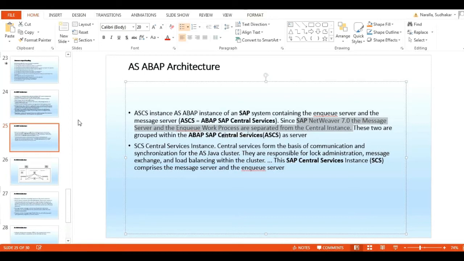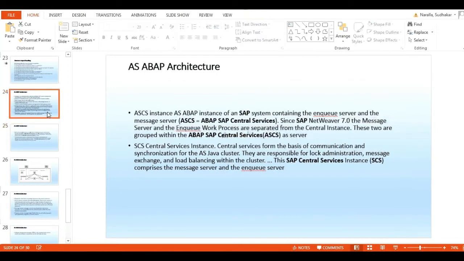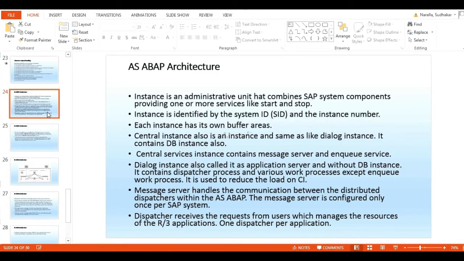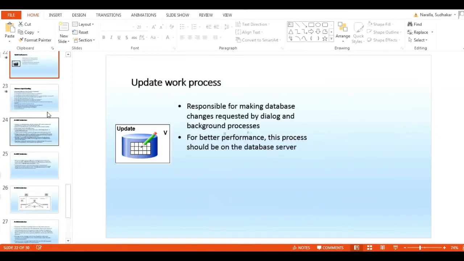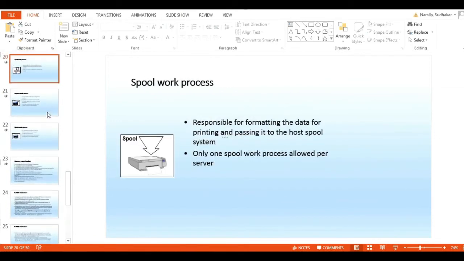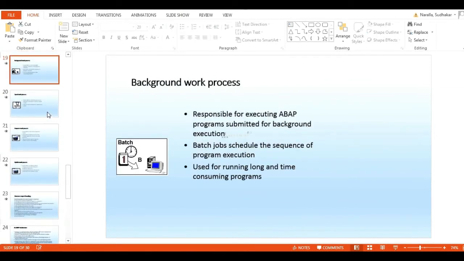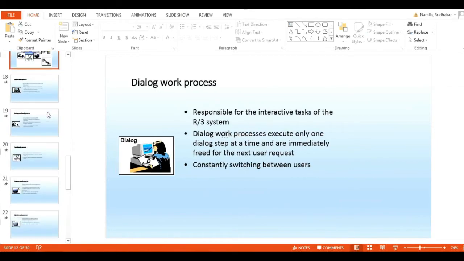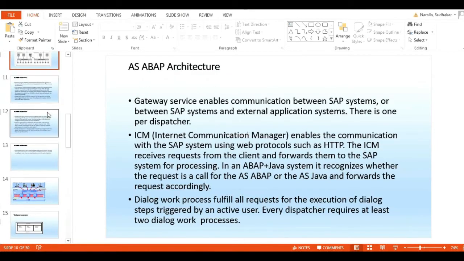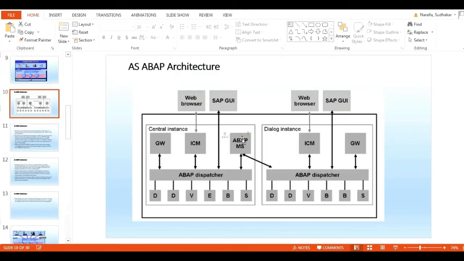Can we see this in MMC? We'll first see it in a diagram. We will get an idea. See this. This is my ABAP stack, standalone ABAP stack. This message service and enqueue service are included in my central instance, right?